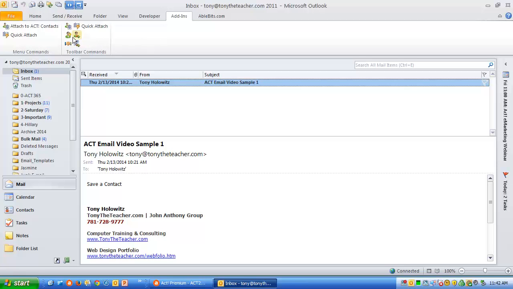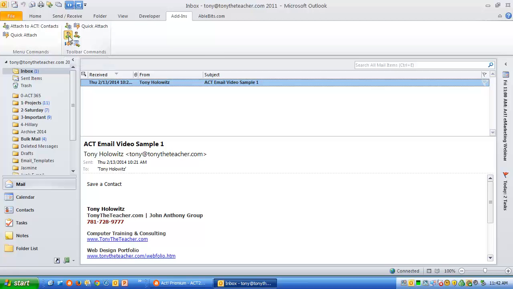And what I want you to notice is we have some icons in here. We have something called Attached Act Contacts, but I want you to observe it's also right here, the exact same thing. We have something called Quick Attach. I'm going to come back to these two things later. So I'm going to go past those, and I'm going to come down to this first item here. When I put my pointer over it, what it says is that I can create an ACT contact by simply